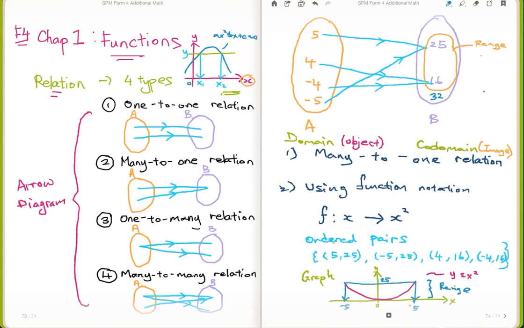Next, now I'll give you some time to take a look at it. You may pause this video. Once you have downloaded it, you may pause it and have a look at it. Get to know the range and the reason why I erase this part here or here, because the range is from 5 to -5 to get the answer 0 to 25. Now, I'll get more into it on the next page. Next,